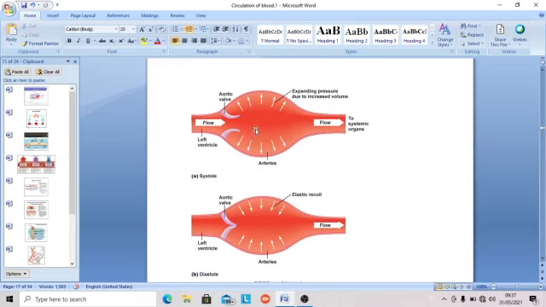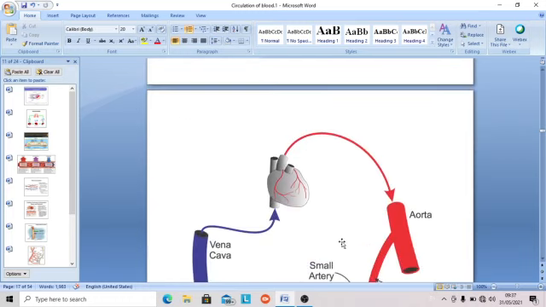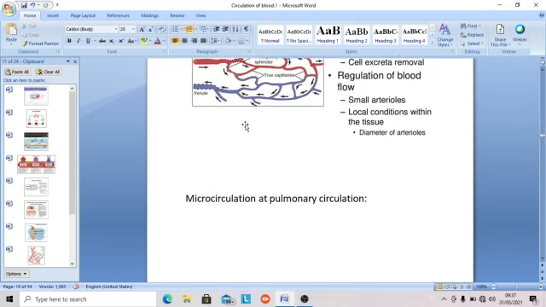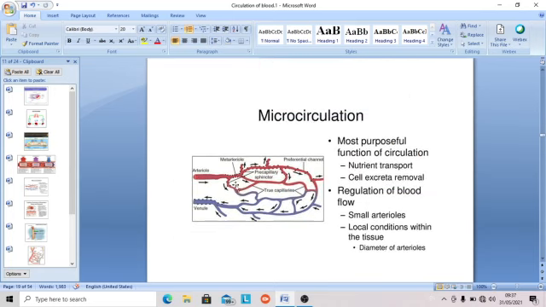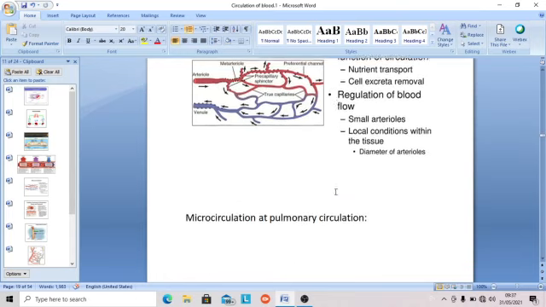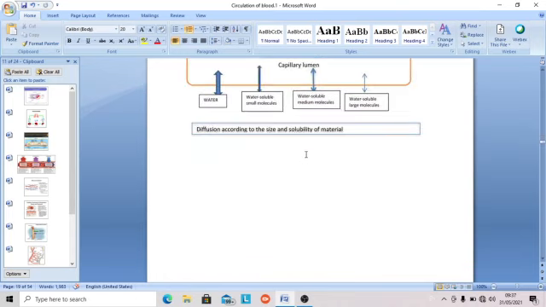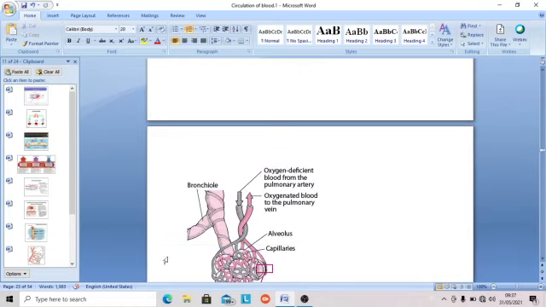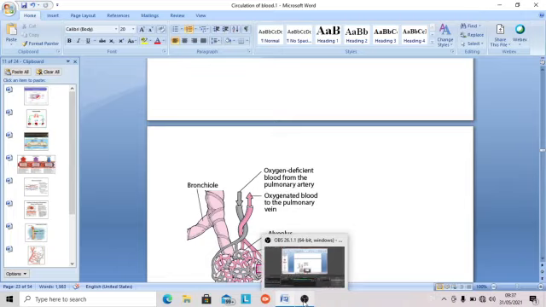This is very unique, as I told you. In the systolic phase, there is a huge supply of blood to the aorta, which expands and stores the blood. Then when the valve closes during the diastolic phase, it gives elastic recoil and supplies blood during diastole. This is the same thing. Capillaries, preferential channels, precapillary sphincters, metarterioles. All these things we have seen just now. So thank you all. Thank you very much.